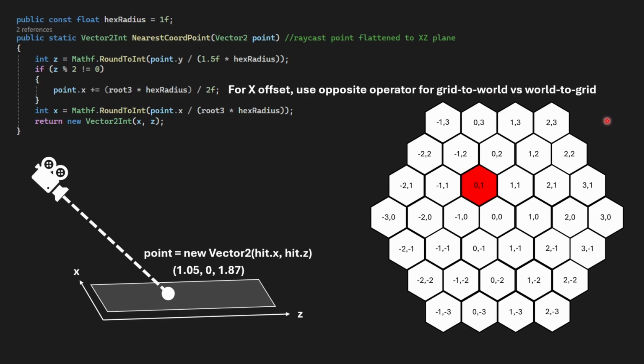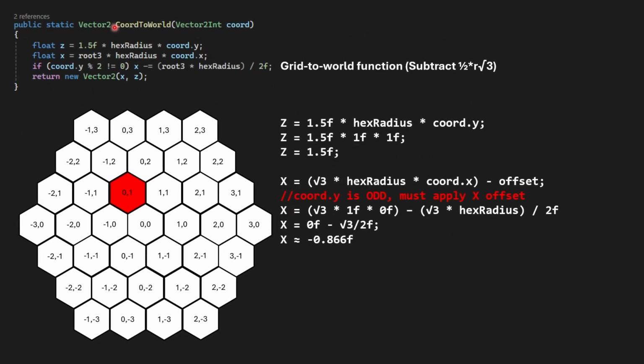What I was showing before was going to be grid to world, whereas in this case, we're using world to grid. So we want to add 1/2 r times root 3. So since we're going world to grid, we need to do that. And this will let us turn any point in the world into the coordinate space position of that hexagon. If instead we wanted to go from a coordinate to a world point, we need to subtract 1/2 r root 3. So if we fed in this value here of 0, 1, well, we can figure out z easily because